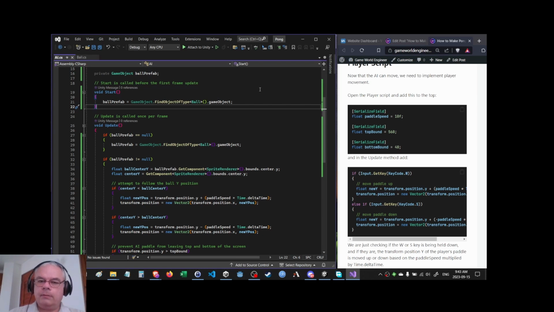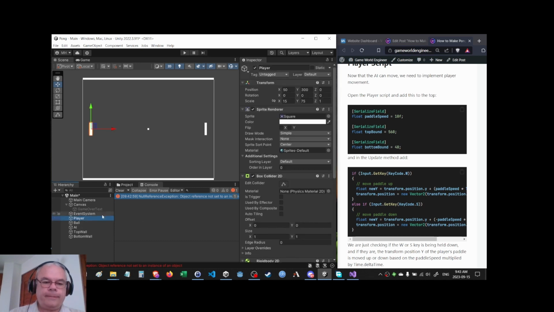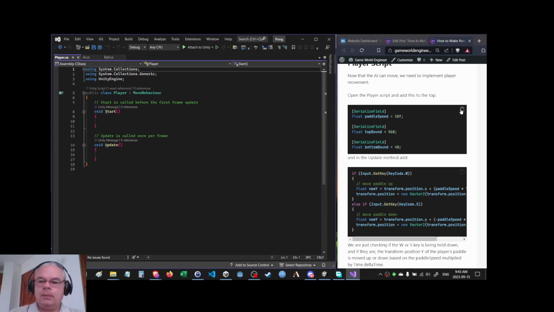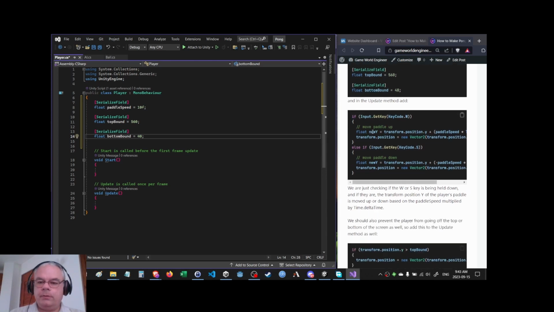So let's implement player movement now. Let me open the player script. And we'll add these variables. Our paddle speed is a float, 10. And the same top and bottom bound because we don't want the player to go off the top and bottom of the screen either. And in the Update method, we want to check for